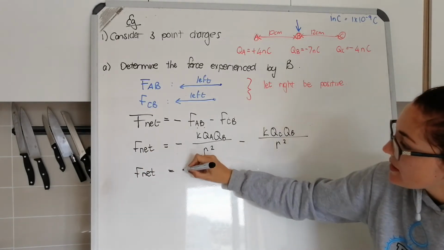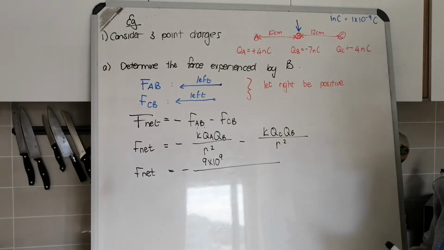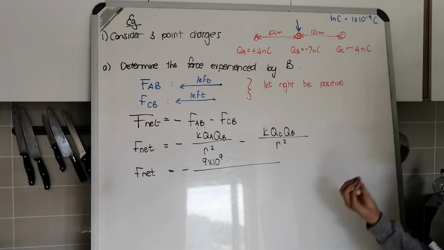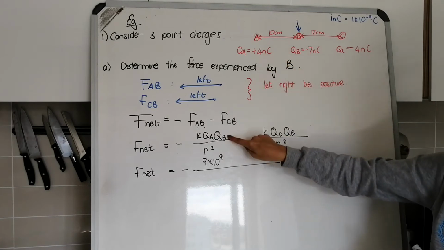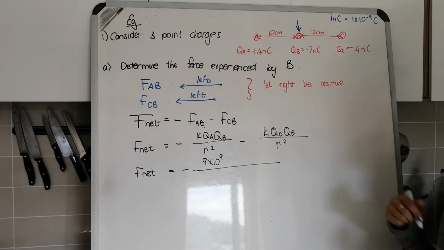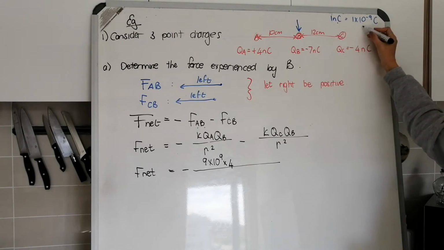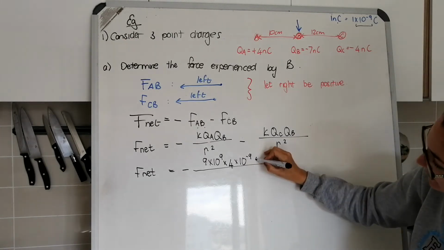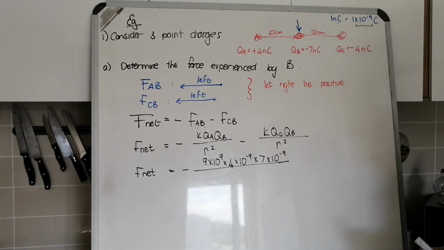So F net equals negative K, which is 9 times 10 to the 9. Remember, when you substitute into Coulomb's law, you omit the sign of the charge, please. So QA is positive and QB is negative. Don't include those. It's just 4 and 7. So it's times 4, but it's 4 nanocoulombs, which is 4 times 10 to the minus 9 coulombs, and 7 times 10 to the minus 9